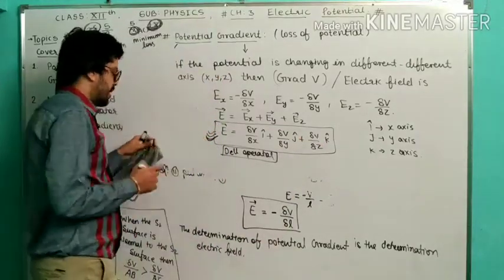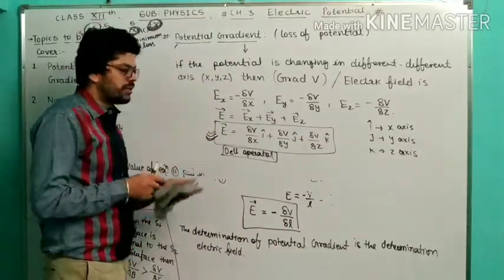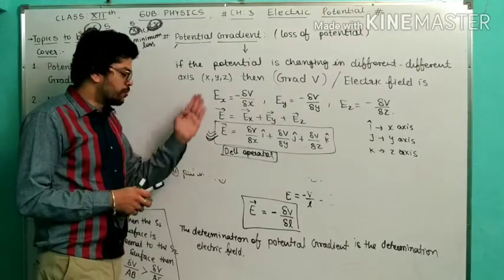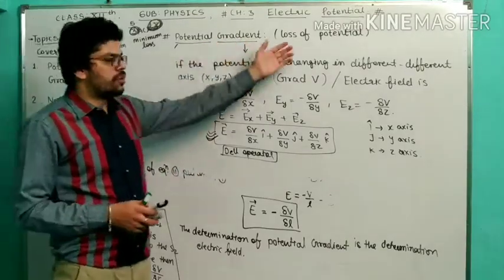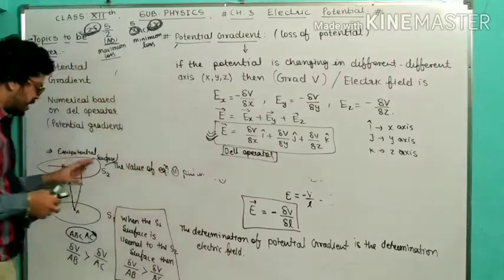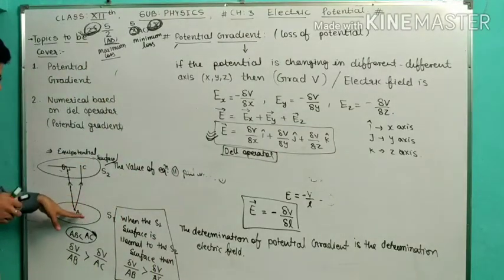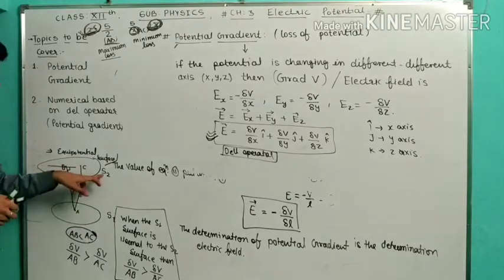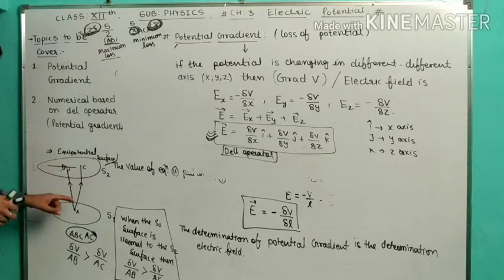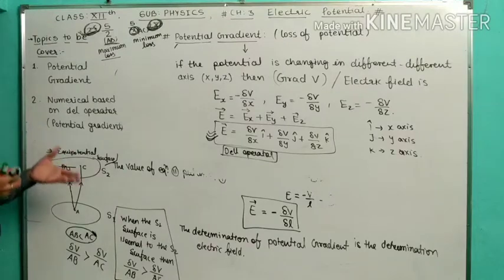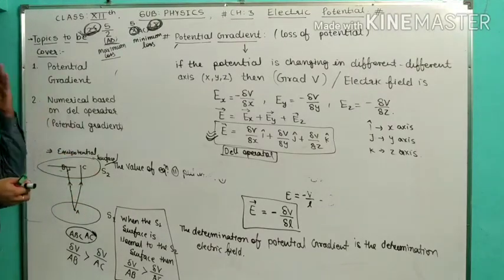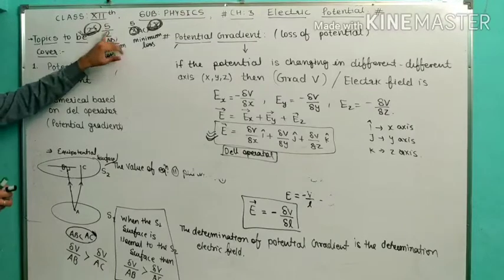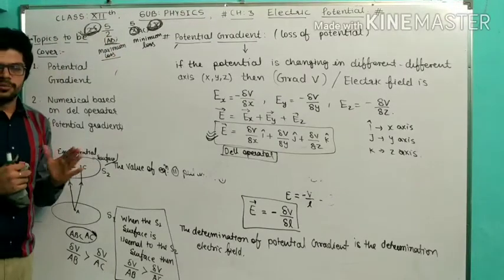If you want to understand very clearly, in the next video we are doing the numerical, so go through it. I hope you understood potential gradient, loss of potential, and the understanding about this pictorial view. In this pictorial we understood the maximum potential gradient is at normal to surface S2 from surface S1, which means when the charge is transferred from point A to point B, the loss of potential is maximum. Why is the loss of potential maximum? Because it has minimum length. I hope you understood this.